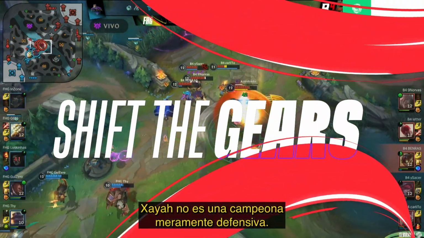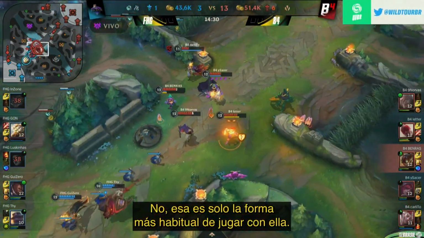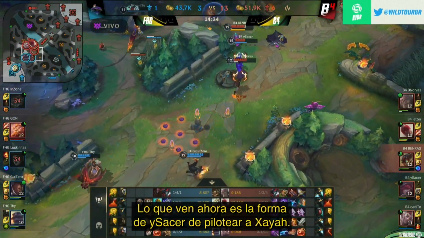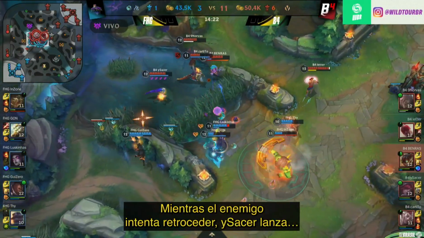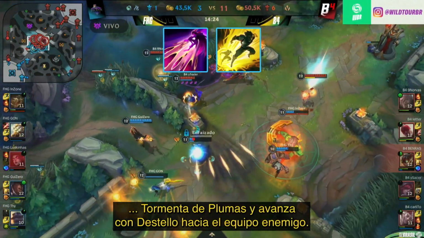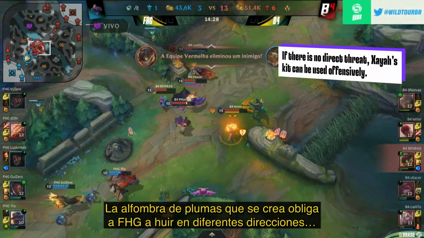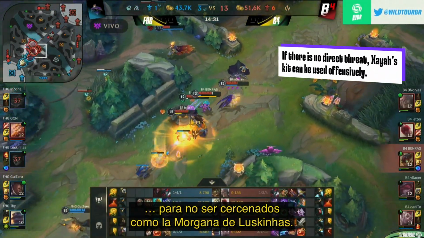Xayah isn't only a purely defensive champion. No, that's just a typical way of playing her. What you see now is ySacer's way of piloting Xayah. While the enemy is trying to retreat, ySacer casts Feather Storm and flashes towards the enemy team. Laying out a carpet of feathers forces FHG to run in different directions or else they'll be torn apart like